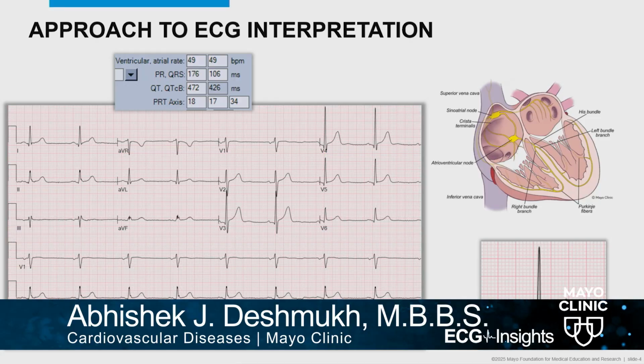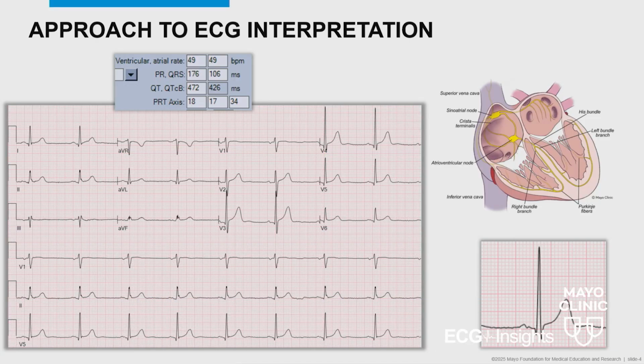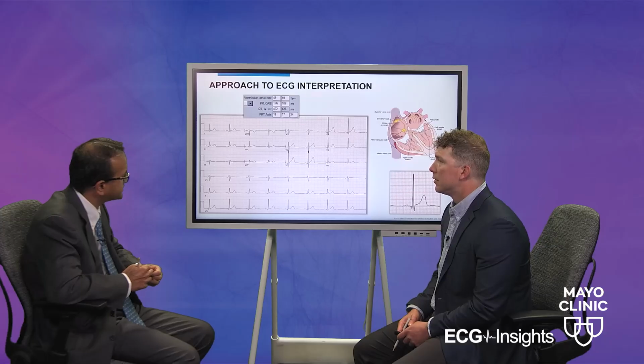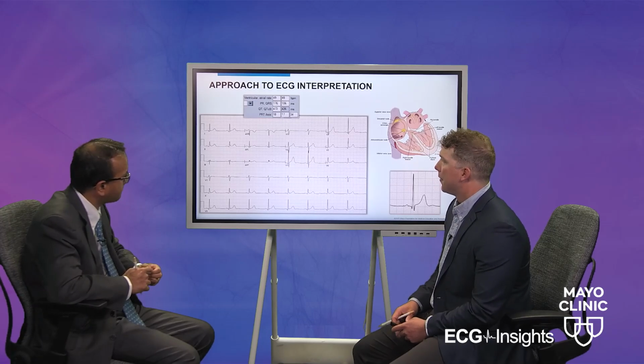So it's important to look at the contiguous leads, but also important to look at any neighboring structure with that lead. If it is an inferior wall, we want to make sure there are no inferolateral changes. If it is an anterior wall, we want to make sure there are no anterolateral changes. So make sure that we also look at the neighboring structures and neighboring territory when we are analyzing these ECGs. But this is a great start, a primer before we dive deeper into some of the specific ECGs. Absolutely.